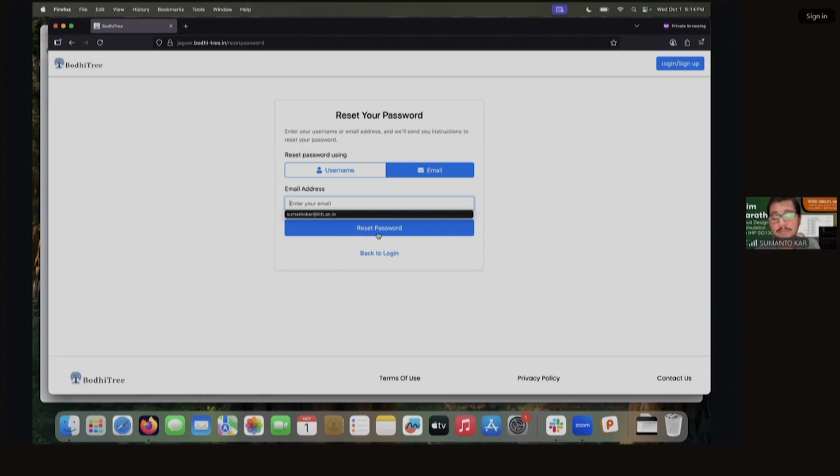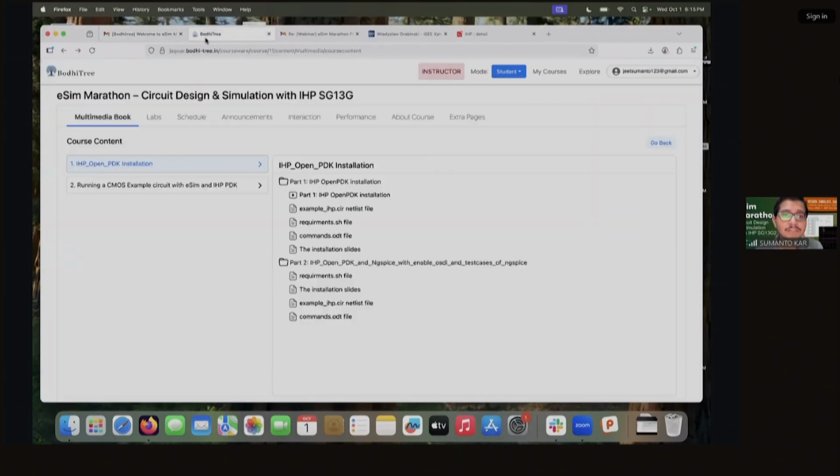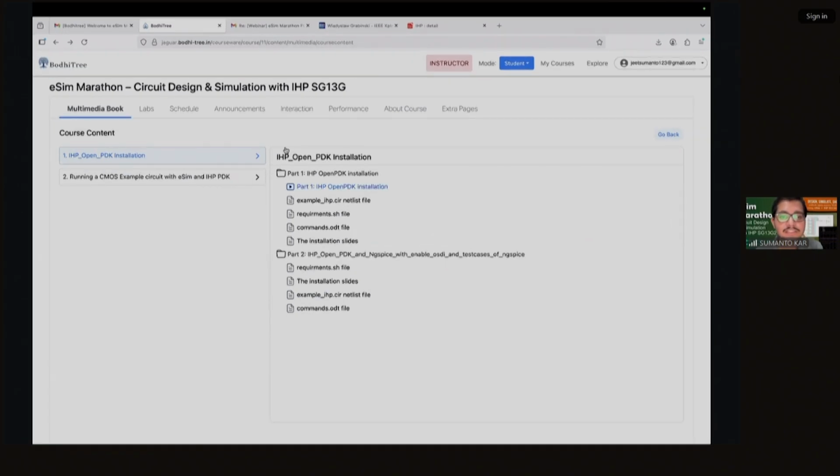You can reset your password this way. After you have reset your password, you can use your email and password to sign in, and you will get a page something like this. This is the interface.